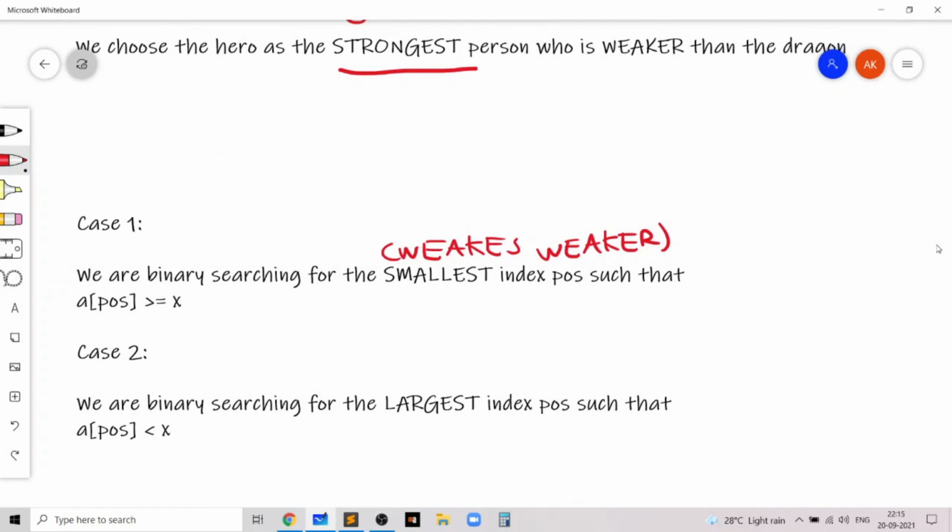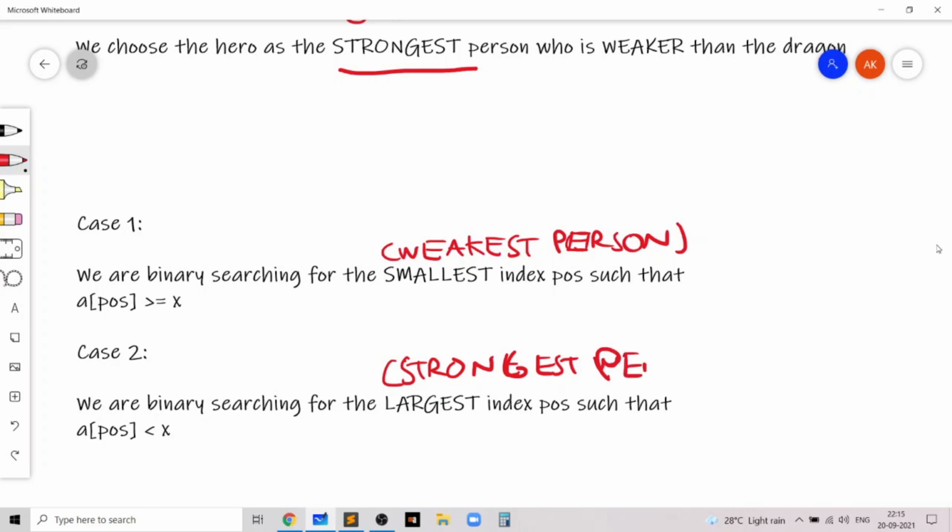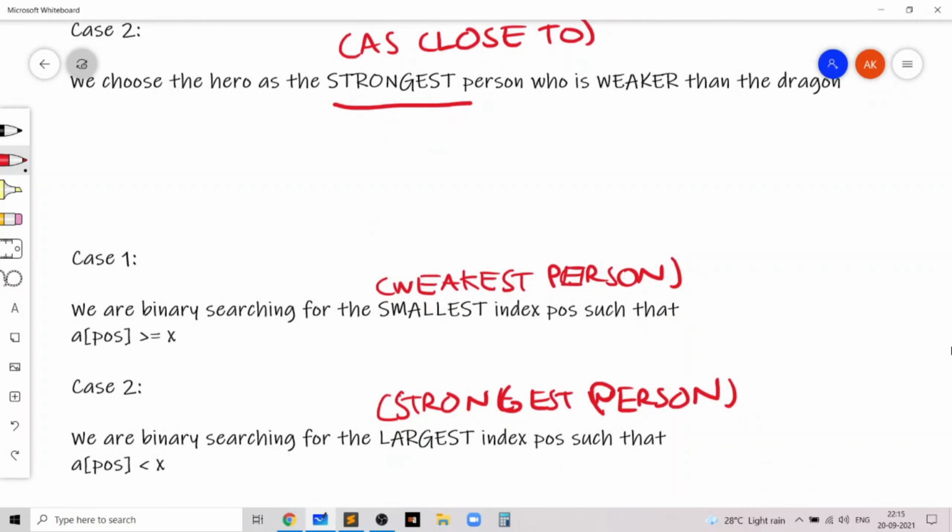And in the second case, we are binary searching for the strongest person who is just weaker than the dragon. Basically, this conforms to the two cases which I just mentioned.